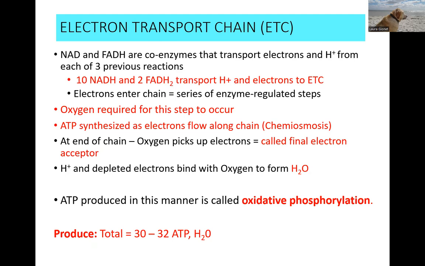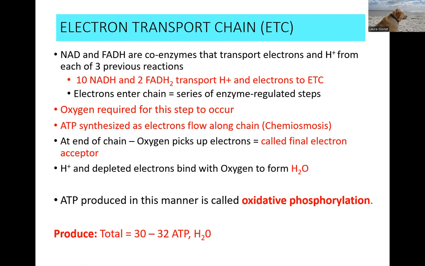As a consequence, you produce, and I will say that these are the averages. It's not always exactly the same all the time, but it's pretty much the same. If we're burning glucose, then we'll have produced about 10 NADH, 2 FADH2s, transporting hydrogens and their electrons to this